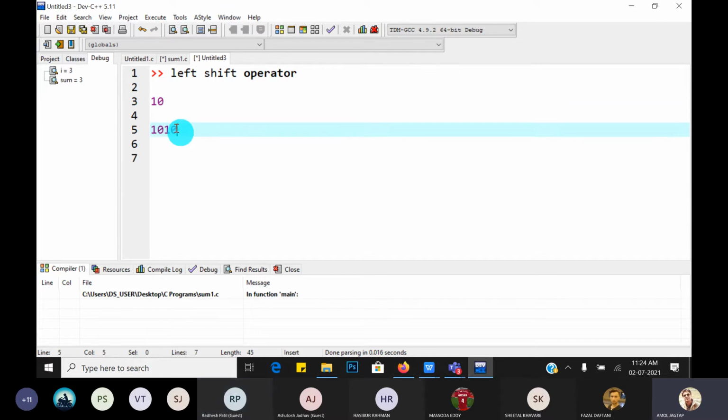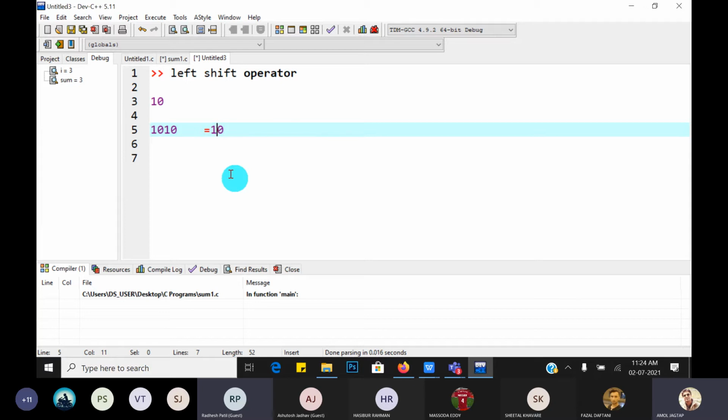So what is 1010? This is a binary number 1010. Initially the zeroth value is 0, then 2, then 0, then 4, but it is 0 so it is not counted. So what is the decimal value of 1010?